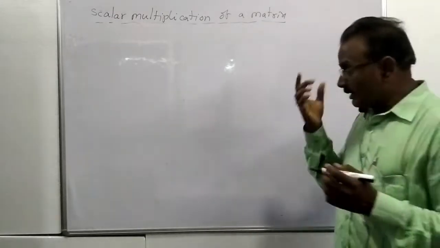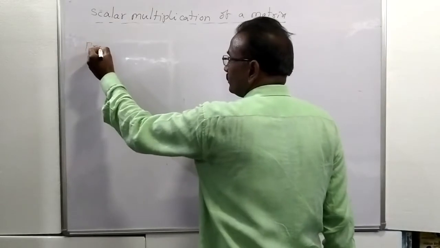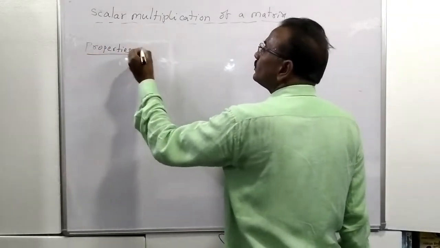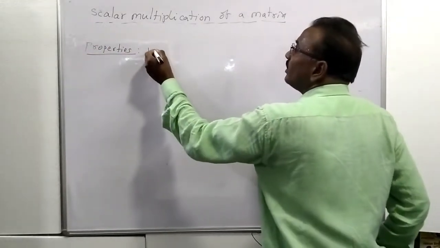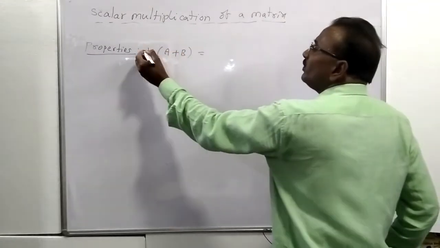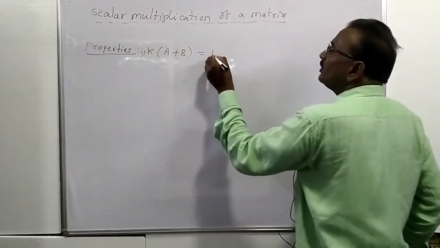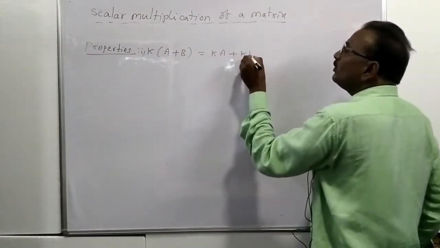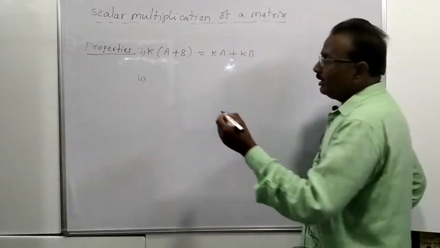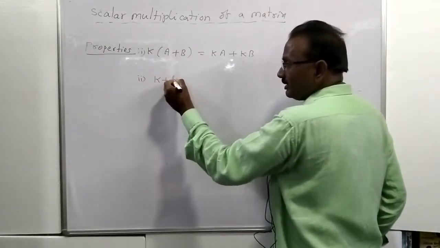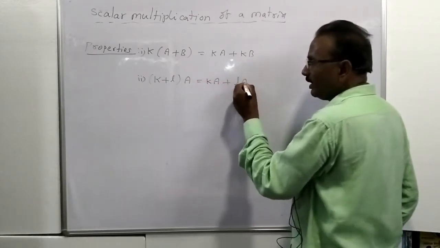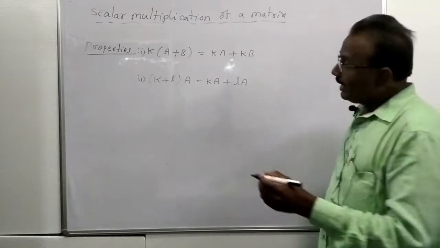Properties of scalar multiplication. If K is a scalar, A and B are any two matrices, then K into (A plus B) is equal to KA plus KB. So this is the first one. Second one: here K and L are scalars, then (K plus L) into A is equal to KA plus LA. Next, KL into A,